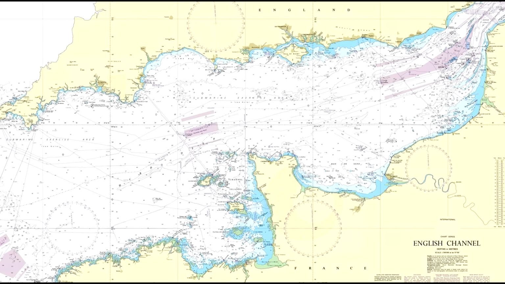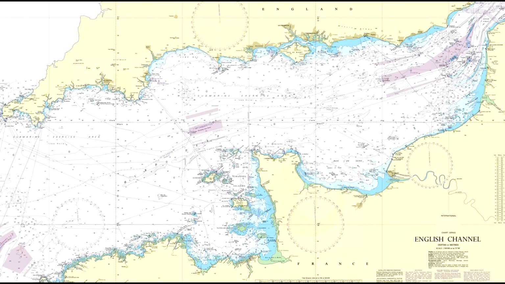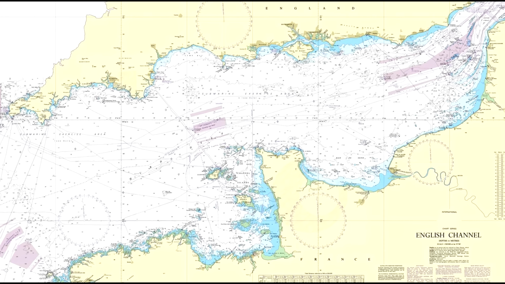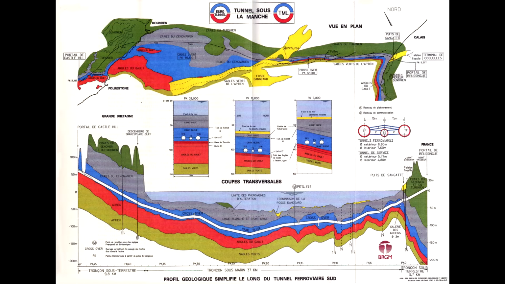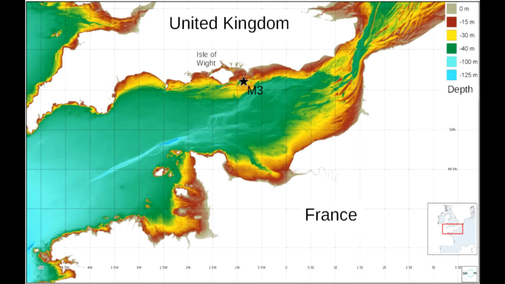Now, from a purely geological perspective, the various layers of rock and sediment that make up this part of the world, the UK and France, at least in the Channel area, are actually not all that different, especially as you get further east where they get closer to each other. And so it's the varying effects of these currents, thanks to geography, that is causing this very different set of